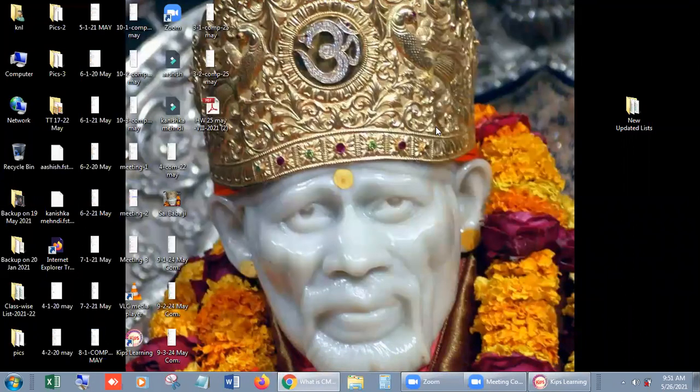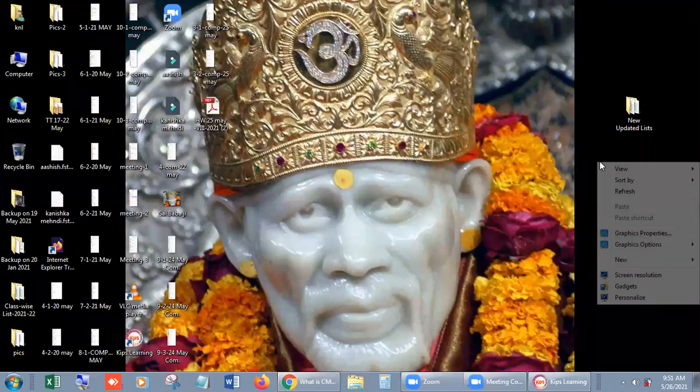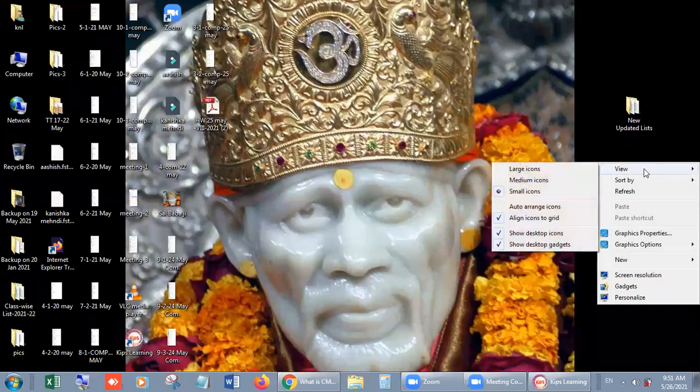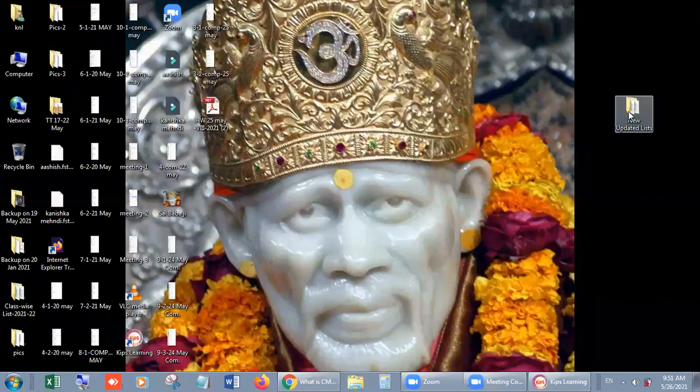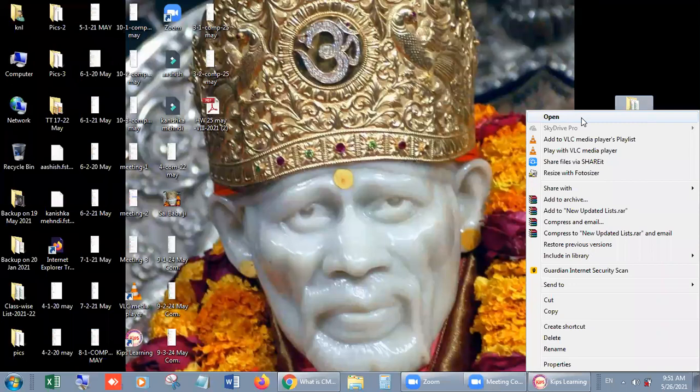Or if you right click on any icon, I told you this also, then the shortcut menu or context menu will have different commands. Just like it. Look here, these are the commands: screen resolution, gadgets, and personalize. But if I click on this folder, then the shortcut menu will have so many commands.